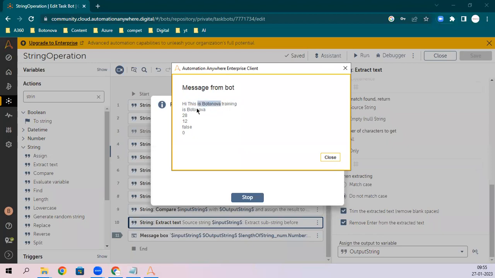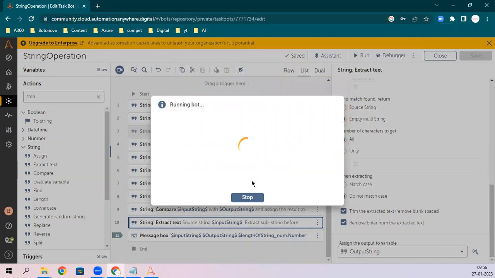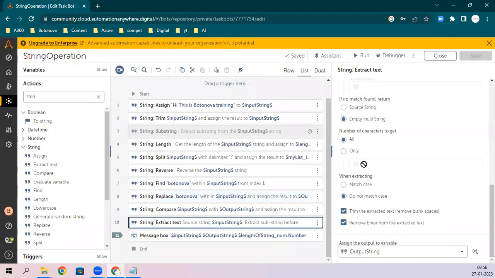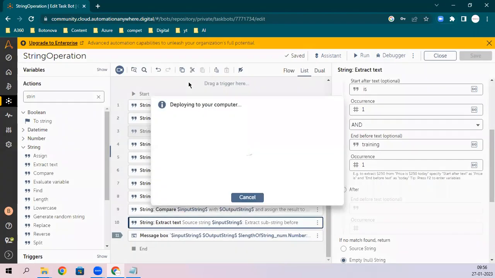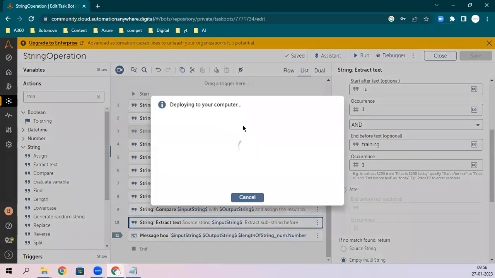Now you have to just define space, is, then space. This is also a confusing thing. I need to just get Botanova. So in the before, I will give a space before "is", because this is not "this", it is just space "is". Now it will look into the second "is". Let's try again.